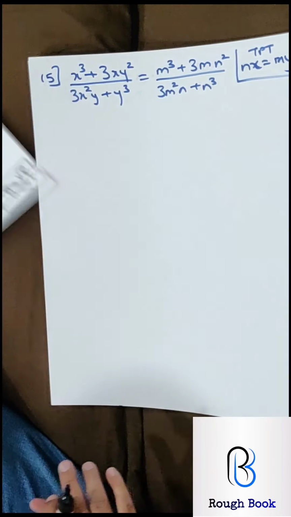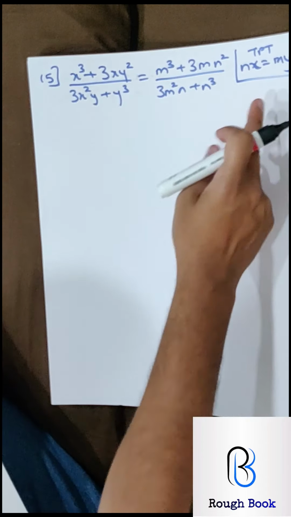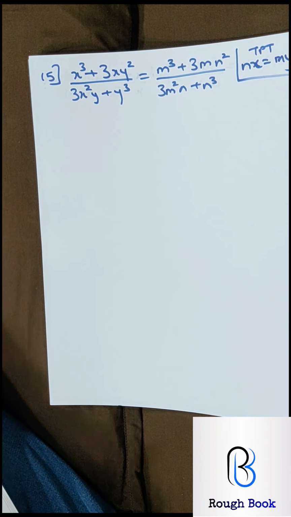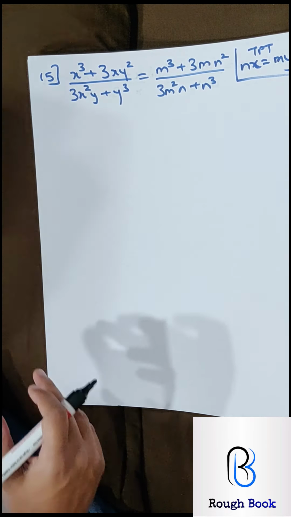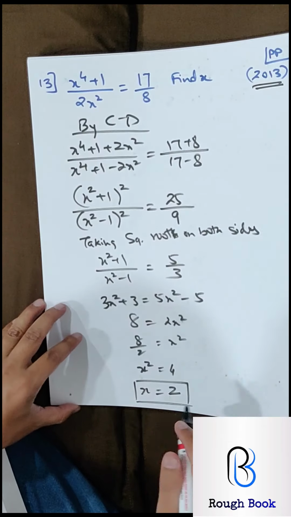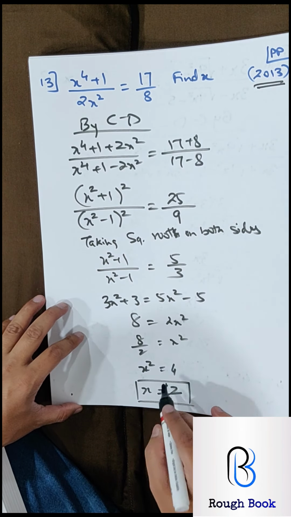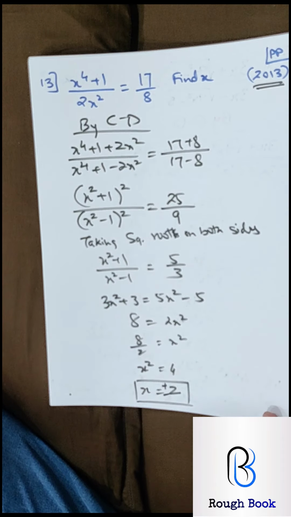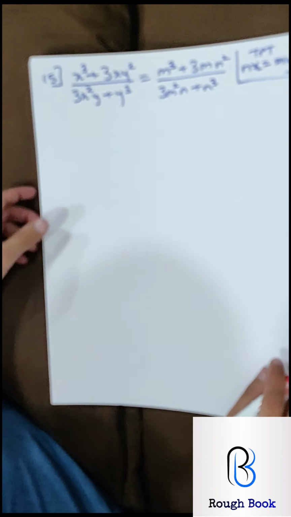The next one, sum number 15. Again, this is given to you. That's what we need to prove. You can use properties of proportion, although nothing is mentioned, but that is the only savior. So please try and see if you can manage it. In the previous 13th one, we can write over here plus minus 2 because we are taking the square root. If we don't write this, 1 mark will be lost. So another mistake by me in this sum. Come on, let's try this one.